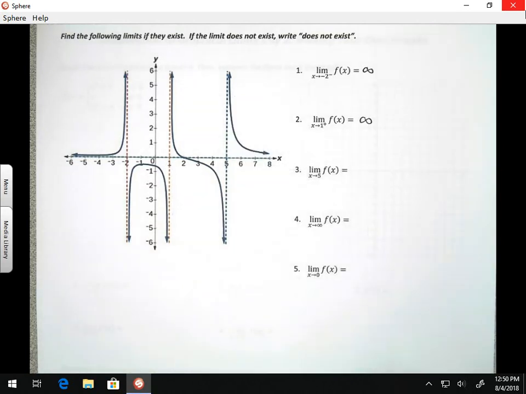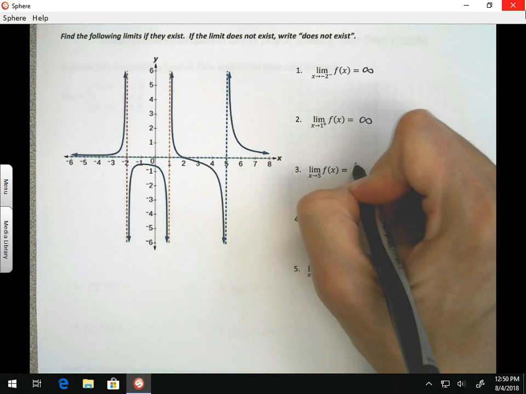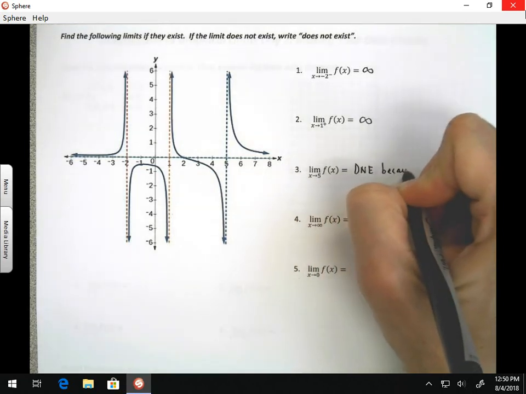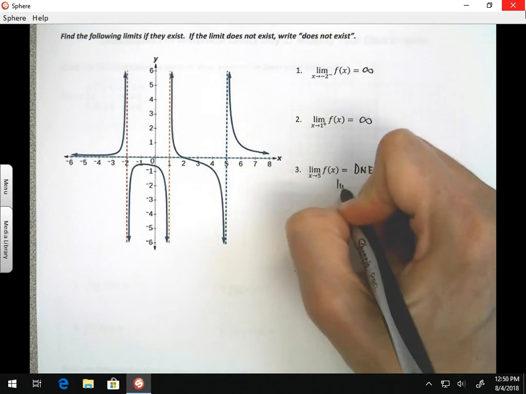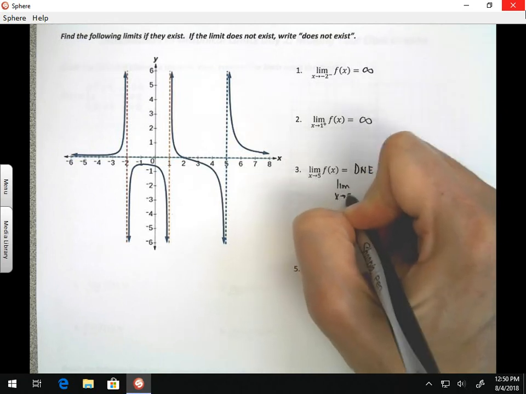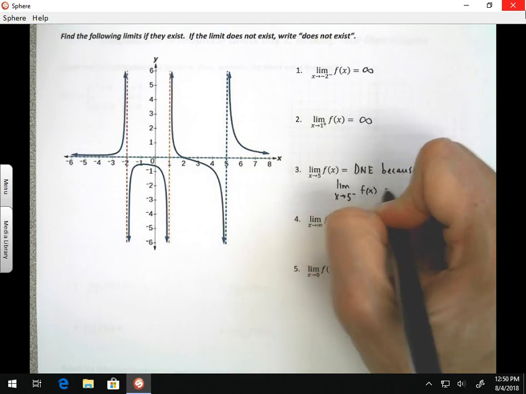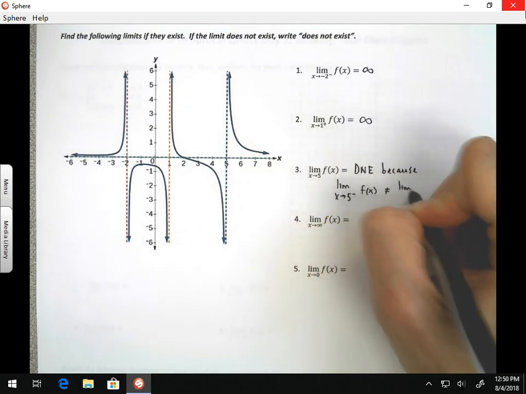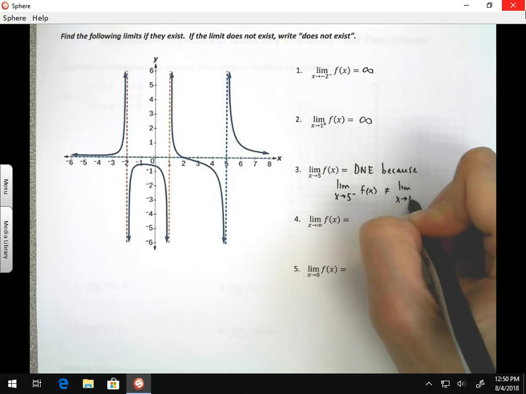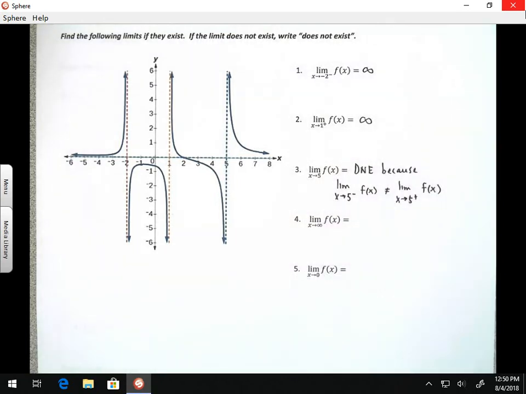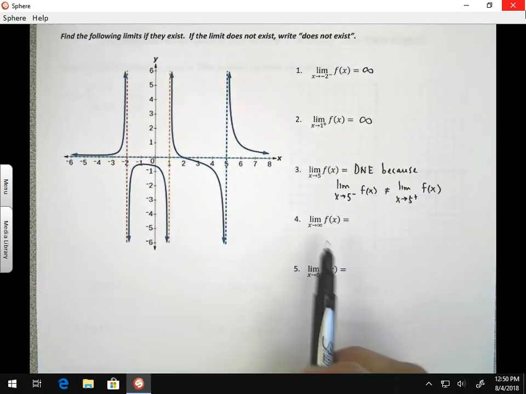Since those values are not the same, I know this does not exist, because the limit as x approaches 5 from the left of f of x is not equal to the limit as x approaches 5 from the right. Now, this one